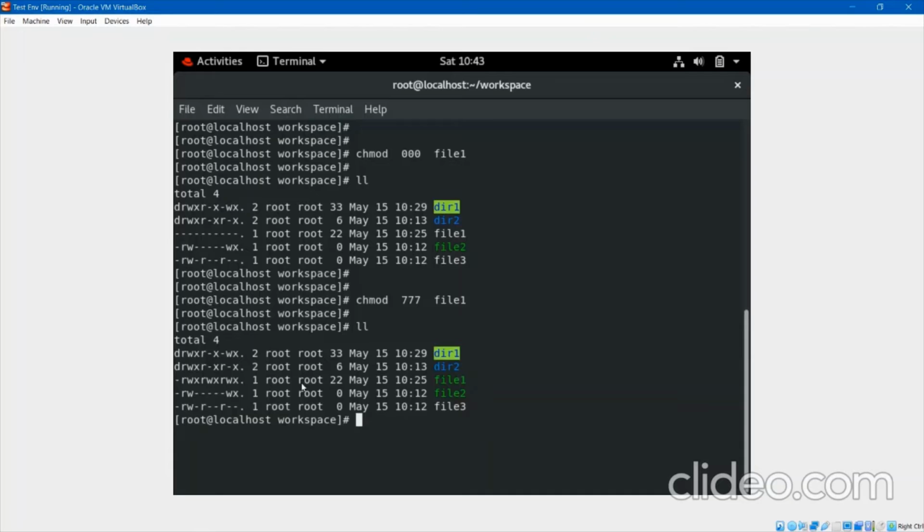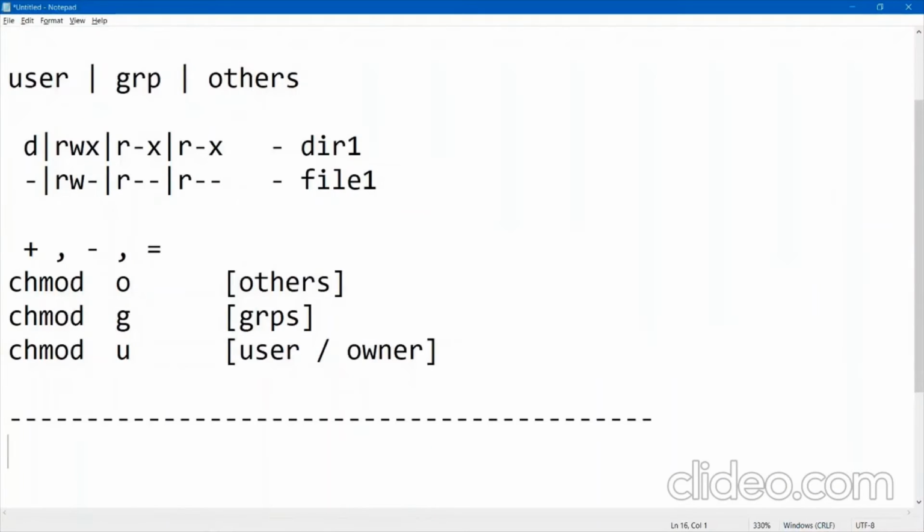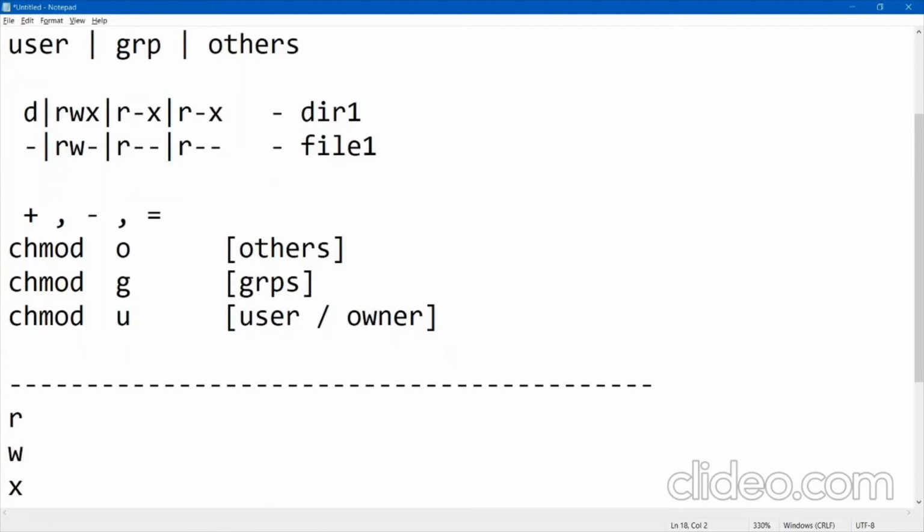Okay, so let us understand how this number comes up, or how you can build your numbers according to your requirement. There is read, another one is write, another one is execute. So remember, for read we use the number 4.